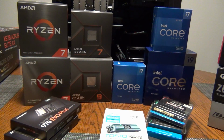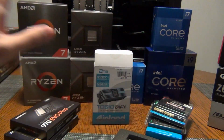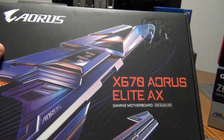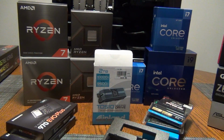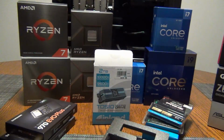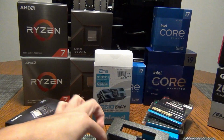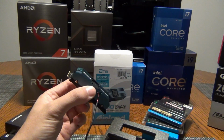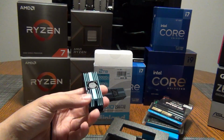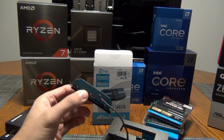It's just a limitation that you need to be aware of if you want to go to Gen 5 and you're on an Intel 12 or 13 Gen on a Z790. Now, if you're on AMD, if you're on something like an X670 or an X670E, then you're good to go, because these, or even B650, will have a dedicated PCIe Gen 5 slot. And it doesn't peel away any lanes from the graphics card. So you can still run this drive and still get the full 16 lanes of bandwidth for your graphics card